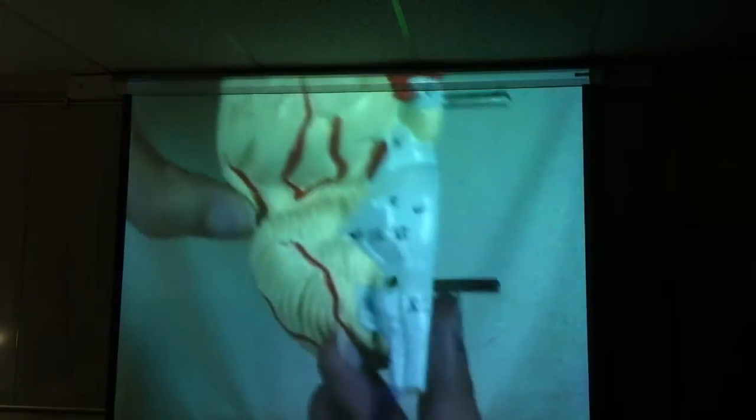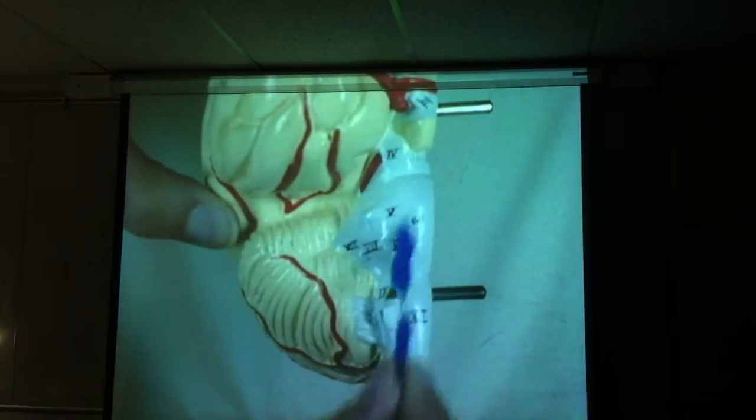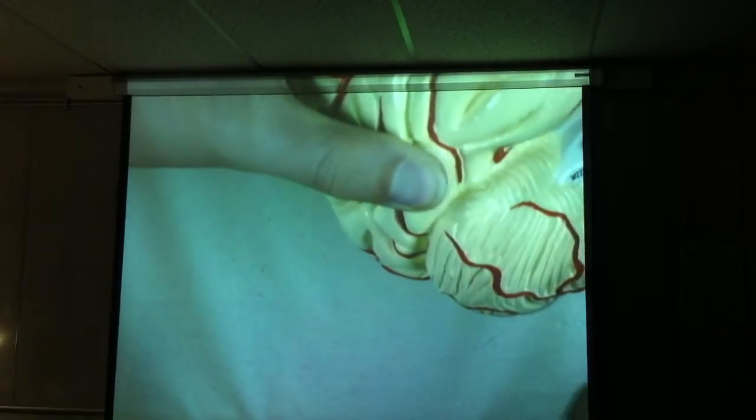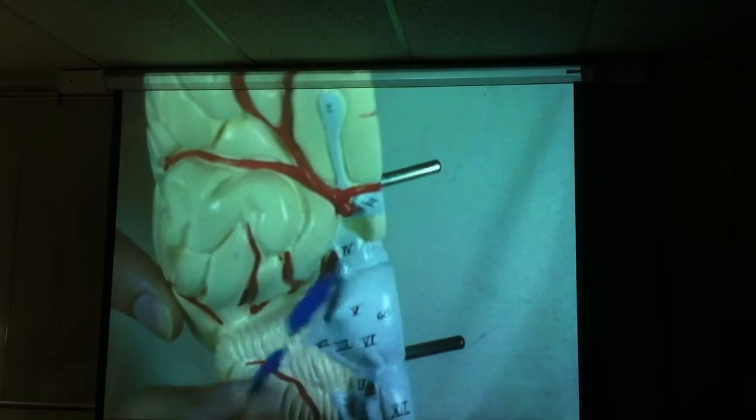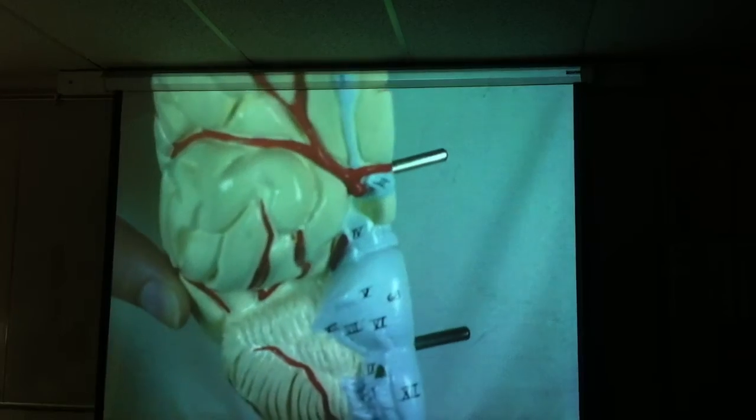If we look at an anterior view, here is the pons. This next swelling is the medulla oblongata. And then this swelling right up in here are your cerebral peduncles, which you can't see very well. Besides that, this model is only really good to show you the